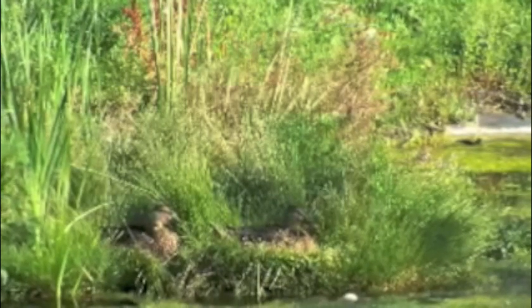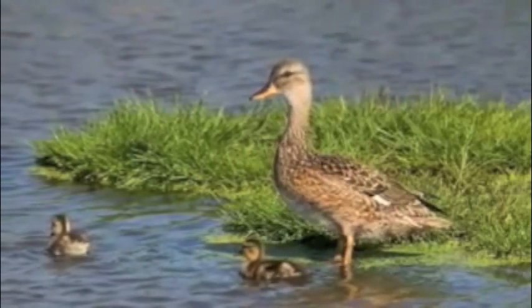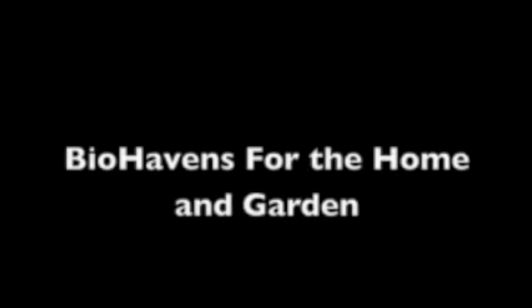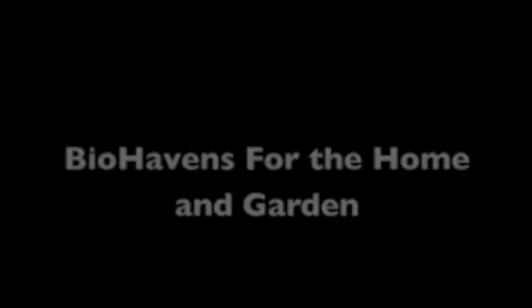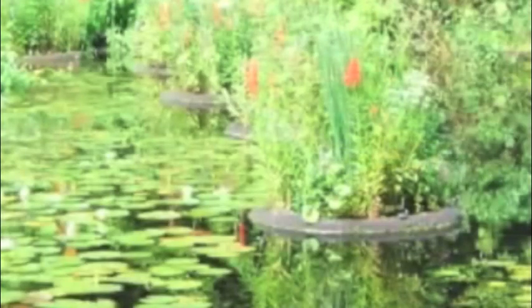Creation of wildlife habitat, waterfowl nesting sites, land-based predator protection, aquatic wildlife protection from aviary predators, and creation of protected spawning areas for fish. for the home and garden, vegetable gardens that never need watering, floating docks, walkways, and gazebos, small ornamental islands, and